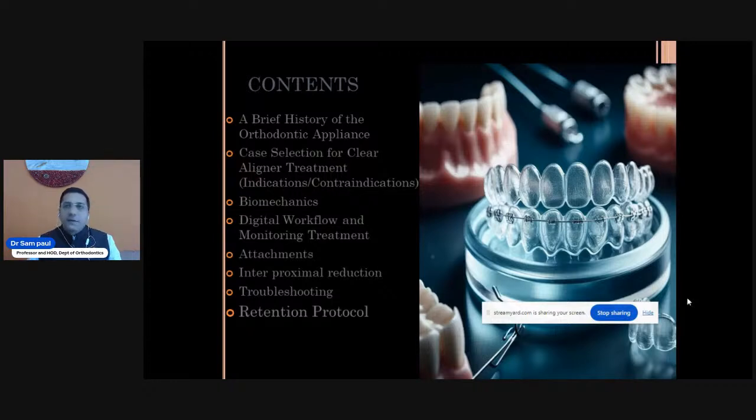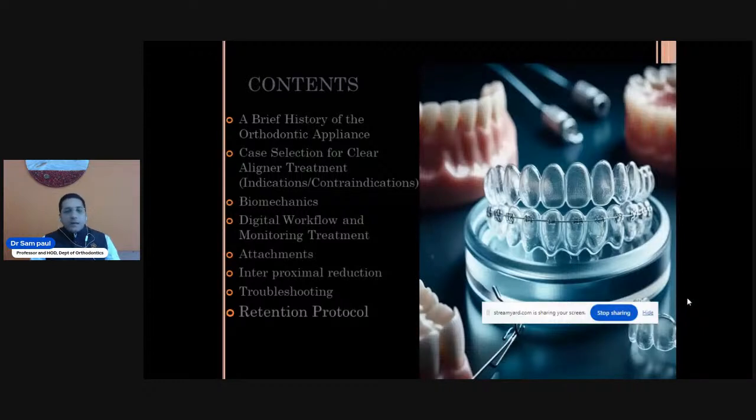Today's lecture will be, as Sir mentioned in the introduction, about clear aligners. You all might have heard about clear aligners. In this short period of time, we will try to cover a little bit. I am sure 1 hour, or maybe 45 minutes, is not enough to complete a huge topic like aligners. But as I got to know that the main audience are final year students,